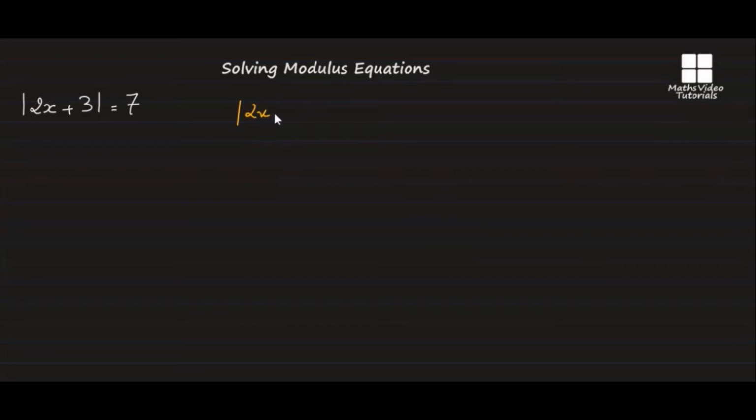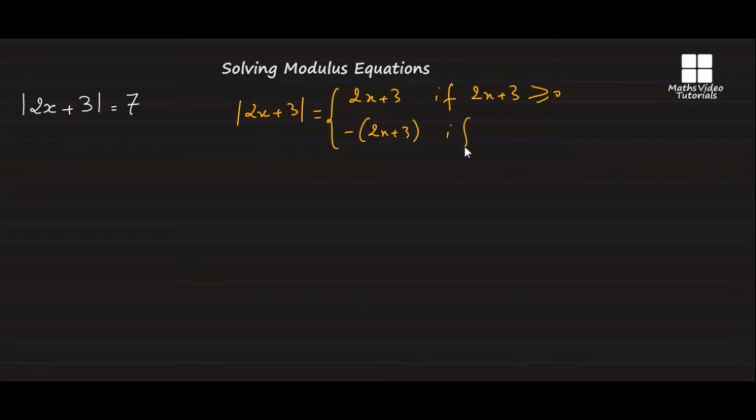Modulus of 2x plus 3 by definition is 2x plus 3, that is if 2x plus 3 is greater or equal to 0, or negative (2x plus 3), that is if 2x plus 3 is less than 0. You can see we have two different equations. The first one is 2x plus 3 equal to 7, and the second one is negative bracket 2x plus 3